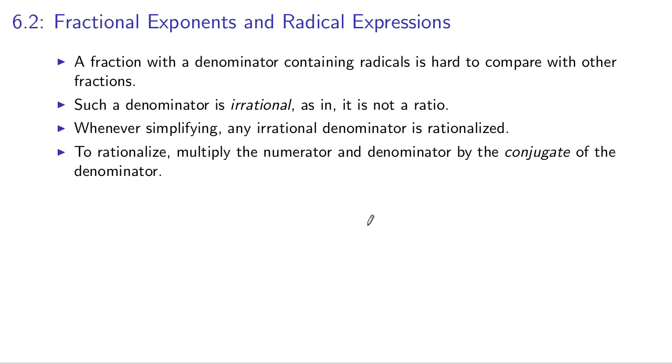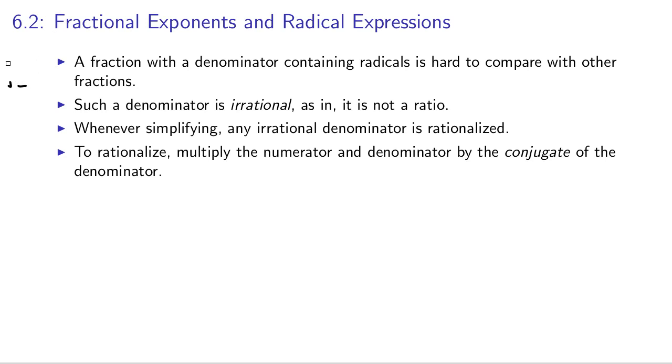A fraction with a denominator containing radicals is hard to compare with other fractions. So if we have 2 over the square root of 2, for instance, that's kind of hard to compare with other numbers or other fractions. So we would want to make this rational by not having an irrational number or a radical number in the denominator. So we would want to rationalize this. So we could rationalize this by multiplying by,